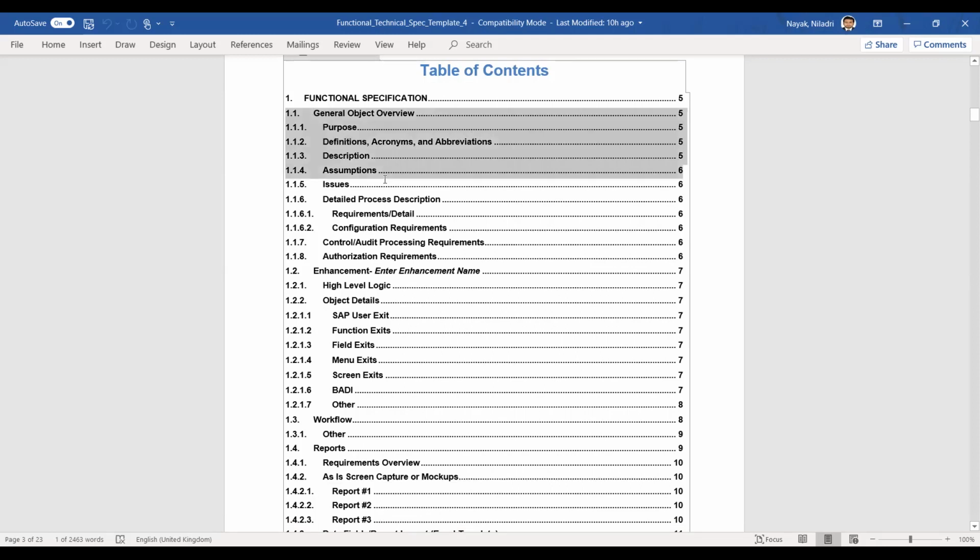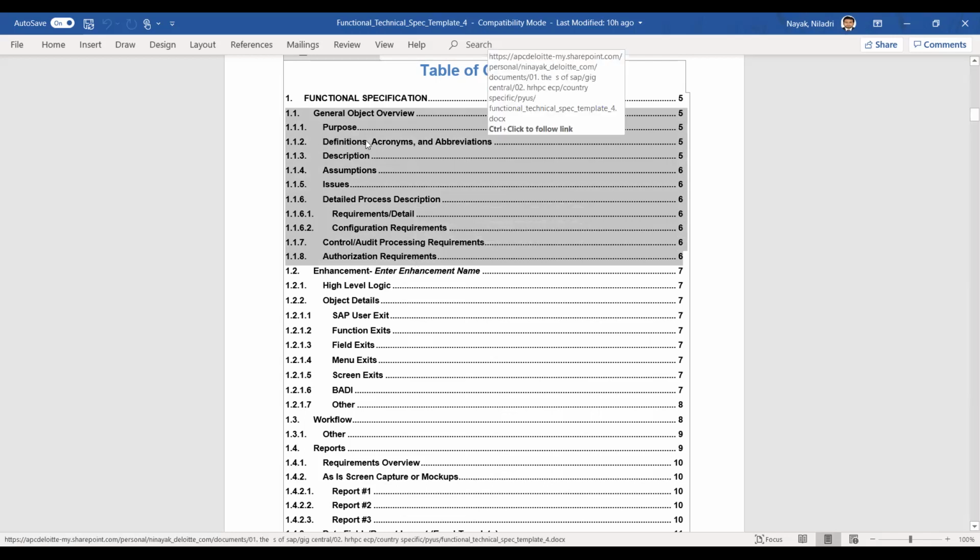Whatever the business analyst has given as the requirement in the BRD, the business requirement document, you will mention at a high level: what is the purpose, what you are going to achieve by using that custom object. You will also mention technical definitions, any acronyms or abbreviations you are using.